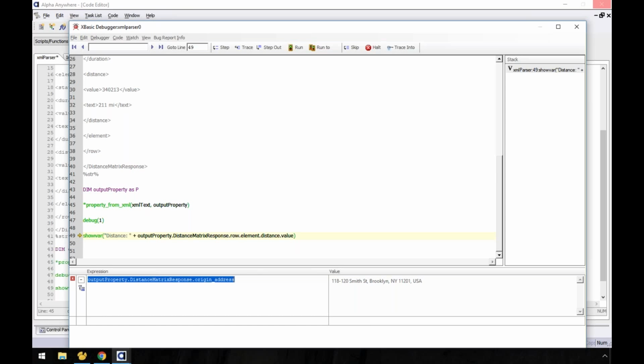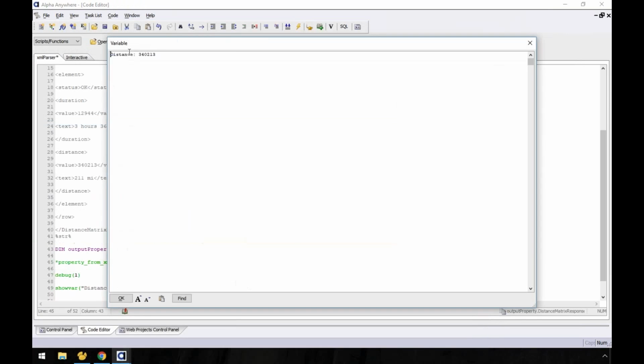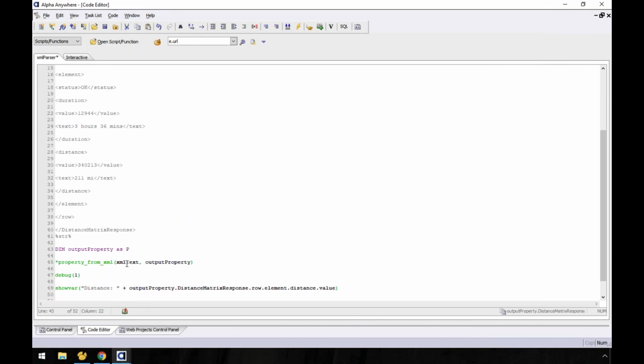Thank you to the people who aren't as interested in the coding stuff for your patience, but that's how you would do that program right there. You would use the built-in command that takes XML and turns it into a property, and then with that property you can inspect it. By the way, there's a similar one for JSON, so you can take a JSON that comes back from a service and turn it into a property and refer to it, and do the same exact thing whether it's XML or JSON. Very cool. Thank you very much.